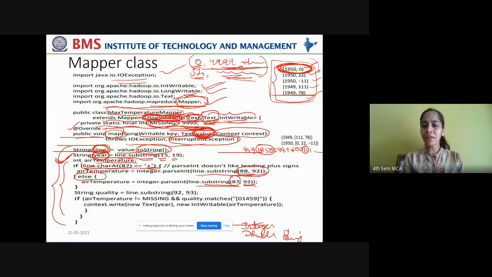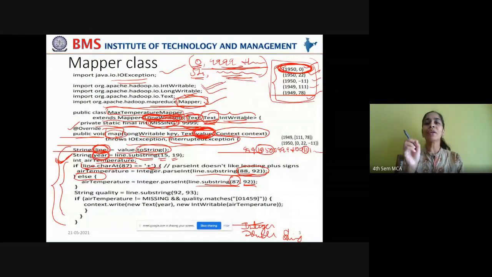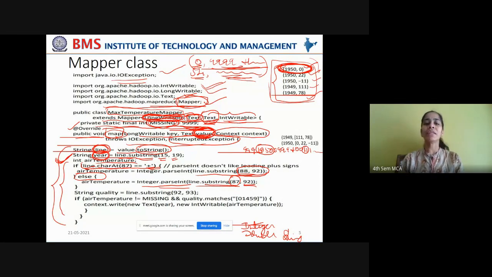And while recording, this entire raw data is taken as a string. From that you are picking a numerical value, so you have to convert that into an integer by using Integer.parseInt. You know that strings can be converted into integers by using the wrapper class Integer and the method parseInt.